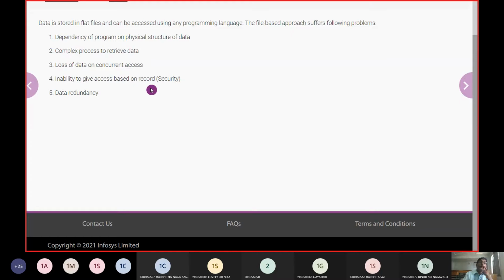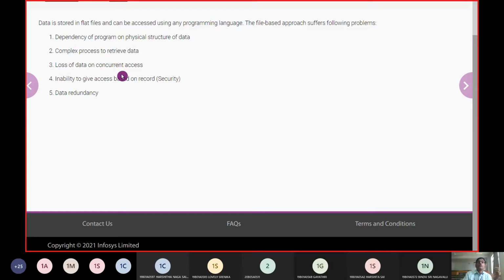And next comes the word where we don't have passwords, we don't have access mechanisms, we don't have a set of privileges defining which user should work with which privilege, whether he has read access or write access. That is totally missing, so it is not possible in the file management system.